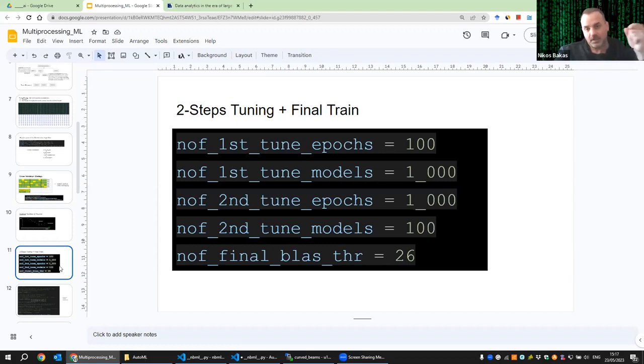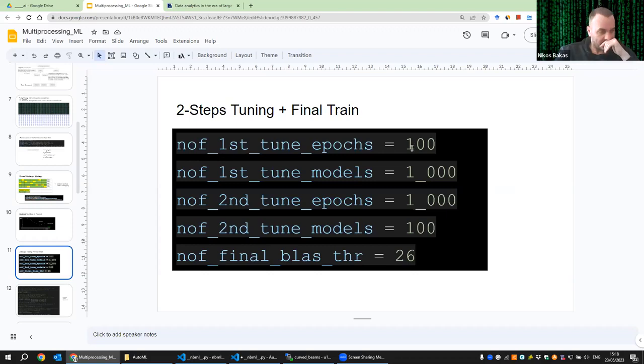Initially, we train a lot of models, let's say 1,000 models here or 10,000 models, because in order to reach robust results, we need to train a big amount of models in order to have statistical significance of the results of the tuning. So at the first stage, we train many models, like 1,000 or more, but for a few number of epochs,